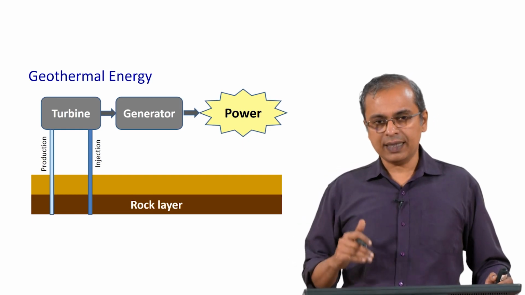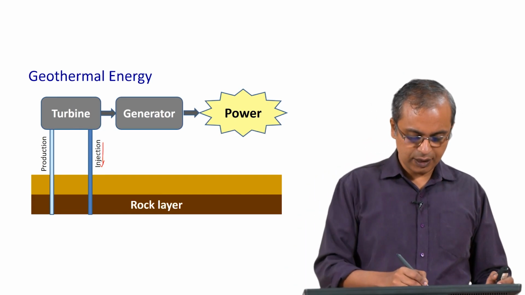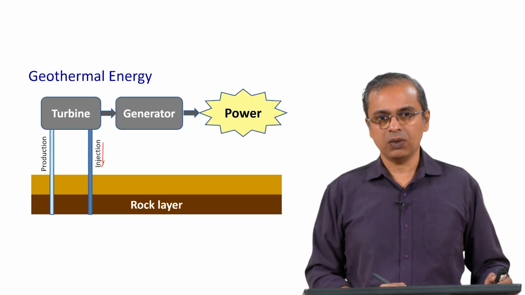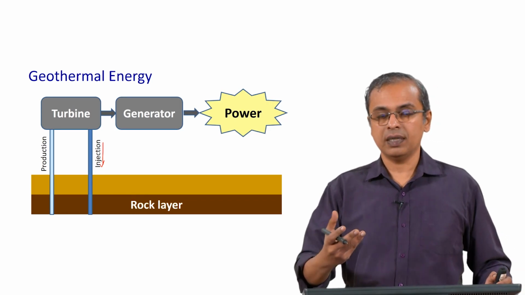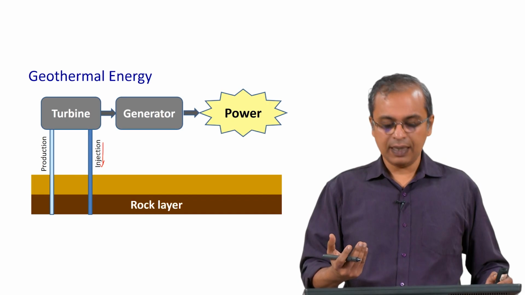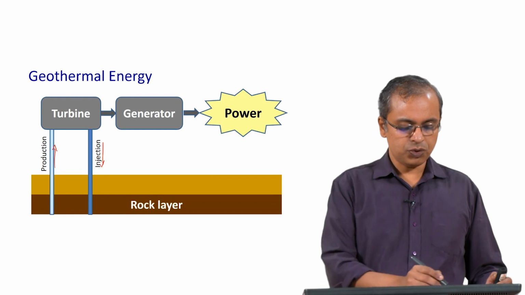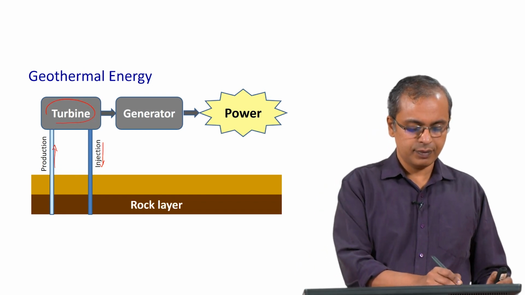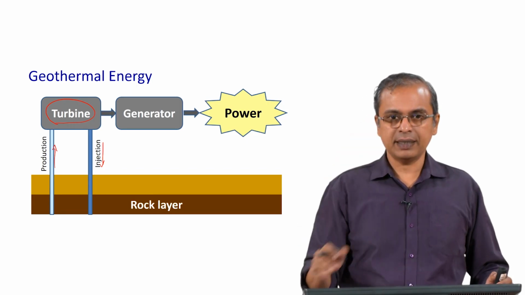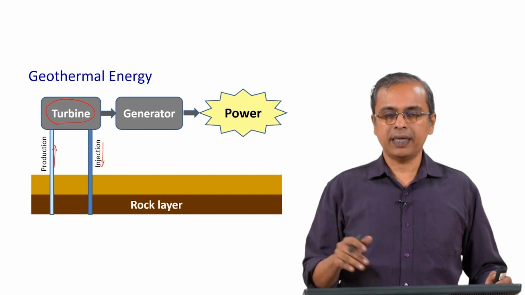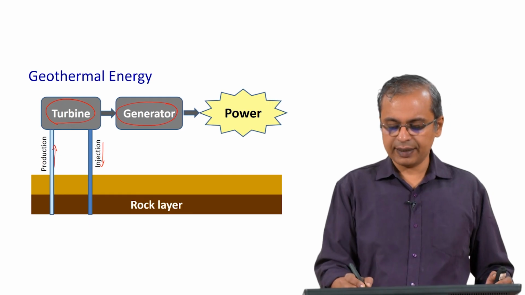This energy is already there under the ground. What we basically need is a system by which you inject water through a pipe which goes deep underground, to a place where the temperature is a couple of 100 degrees centigrade, and there it just gets converted to steam, and then the steam comes out in another pipe. The steam is used to run a turbine, and once it runs the turbine, the steam cools down, becomes water, and is again injected back underground to heat up and come back. This turbine then runs a generator, and you finally get electricity.